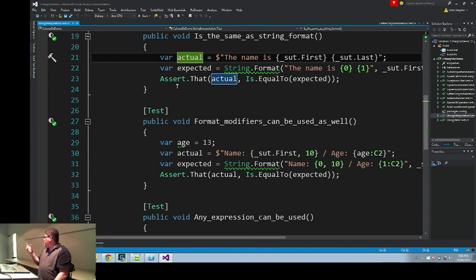Imagine that you put it as a parameter, so that will be compiled to, I'll assign it with a string format, and then I'll pass it as a parameter. You see what I mean? As soon as I remove this,